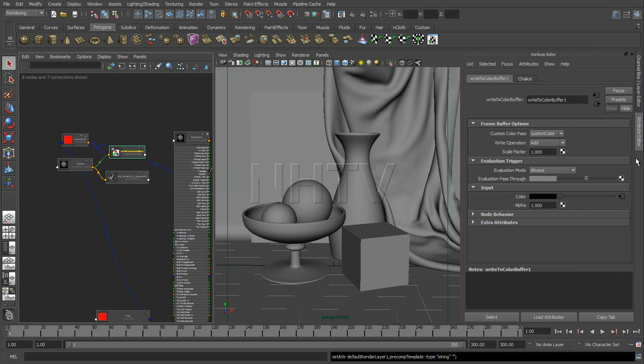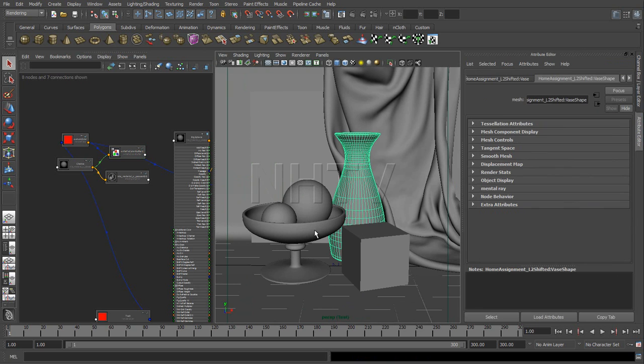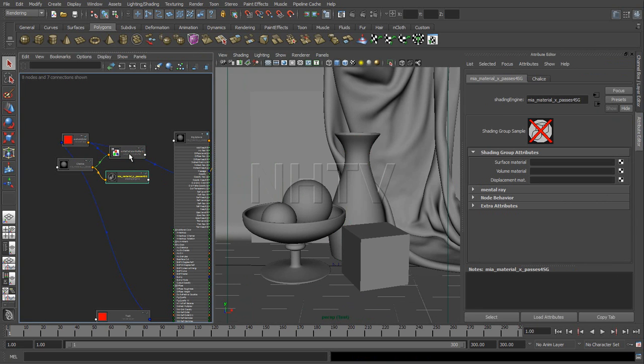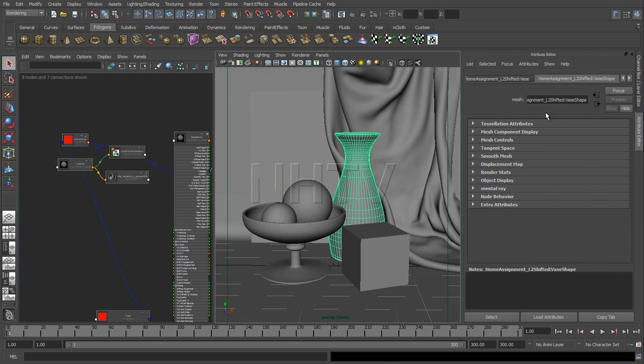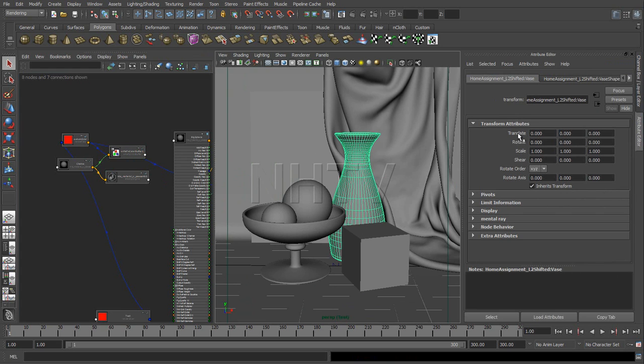So if you go to the attribute editor and select an object, or a material, or whatever you like, you can go to its values or parameters, right click it and create a layer override. What you see right over here. So you can create layer